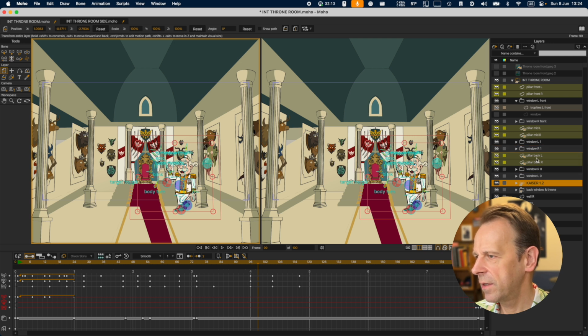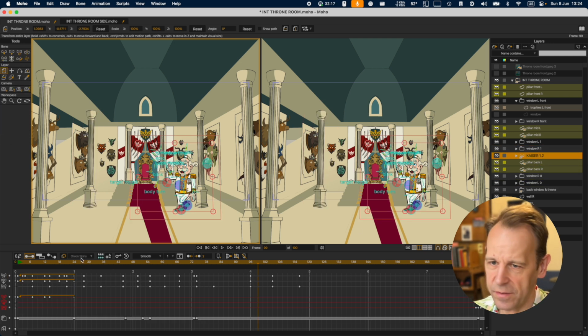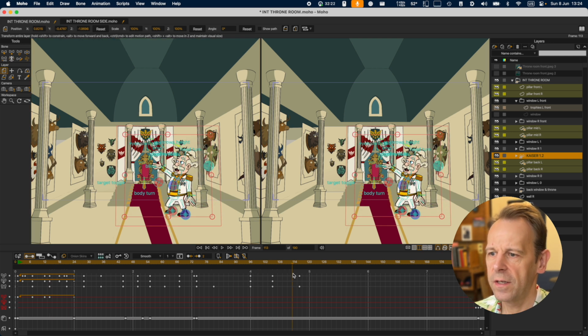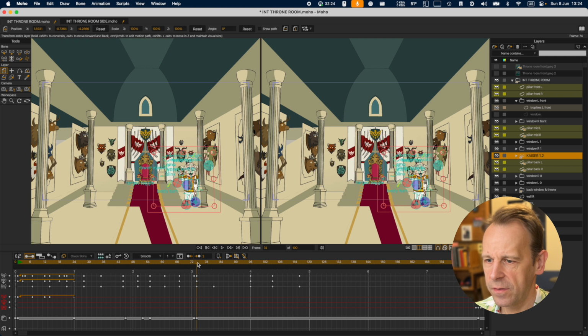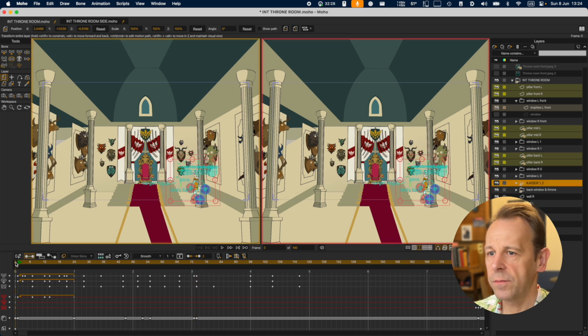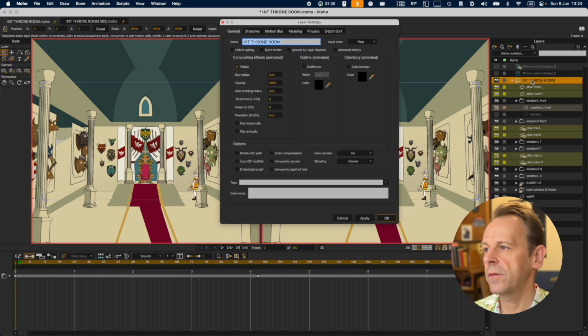I don't even know which pillar it is. Is it this one? Yeah. And I mean the size is idiotic anyway, but if he moves like this and he goes in front of the pillar, see, you have this layer order change here that you can see. So that's one thing that's important. If you do any kind of 3D, you definitely want to have this enabled. You want to have all the objects in that room within a folder, so you can enable it for that